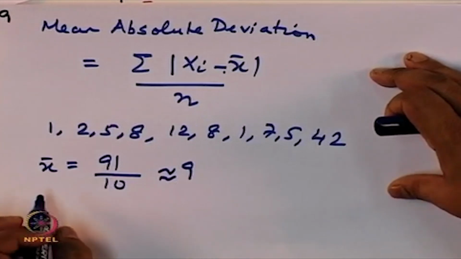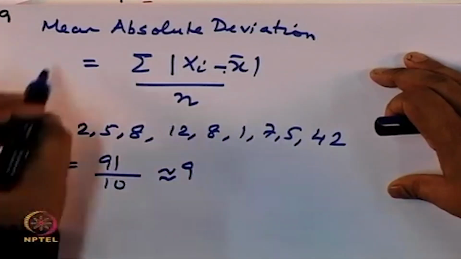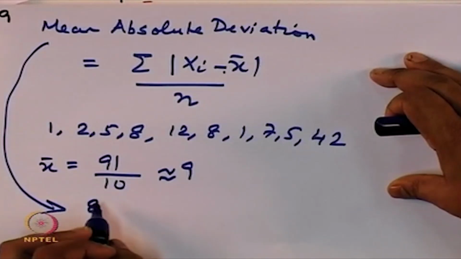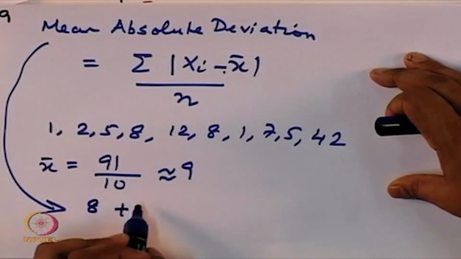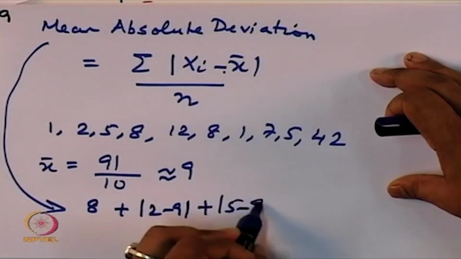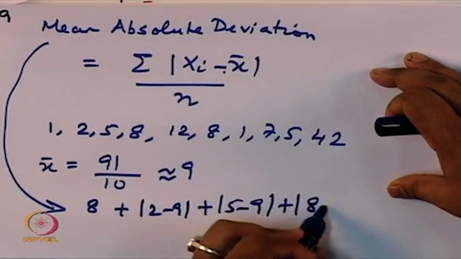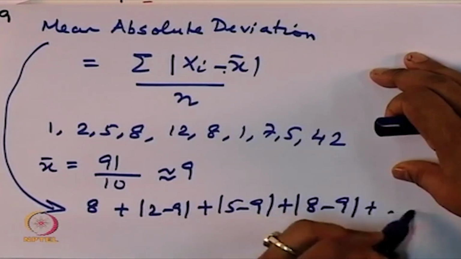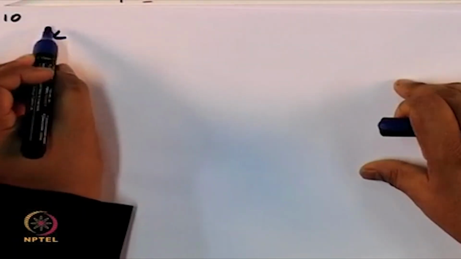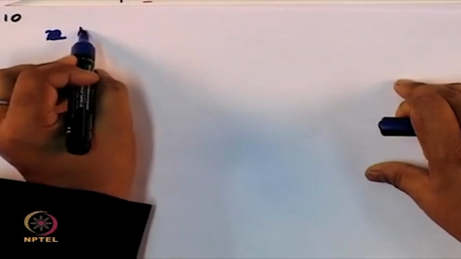So, my mean absolute deviation is nothing. So, this value becomes 8, which is plus 2 minus 9, mod of 2 minus 9 is 7, plus mod of 5 minus 9 plus mod of 8 minus 9 and so on and so forth. So, I can calculate this exact value as x bar, as mean absolute deviation